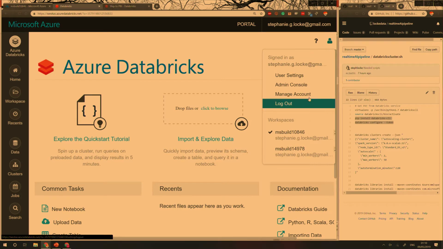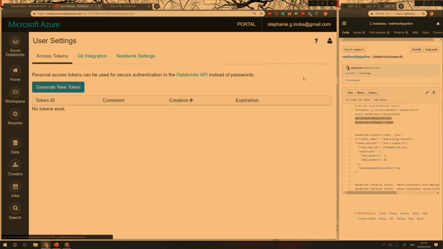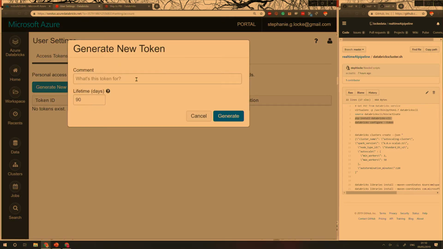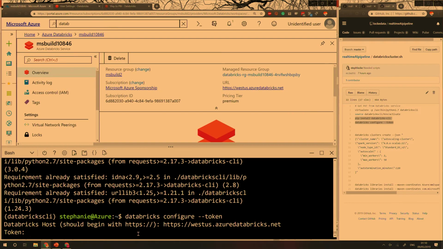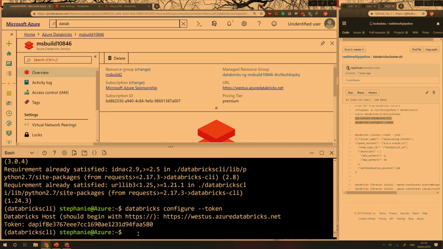But for starters, I want to be able to go and grab a token. So with this now, I can securely talk to my Databricks cluster,